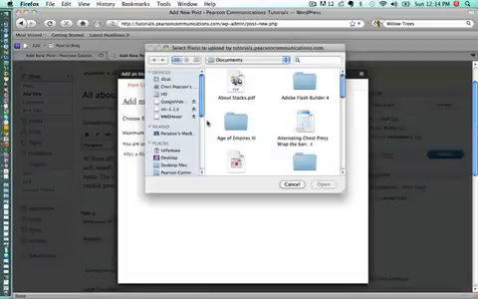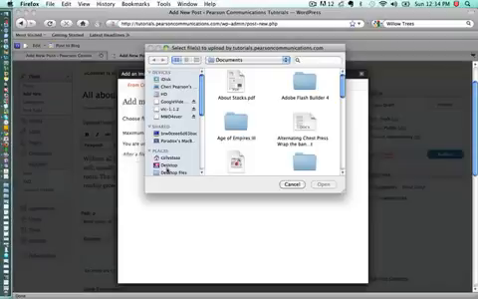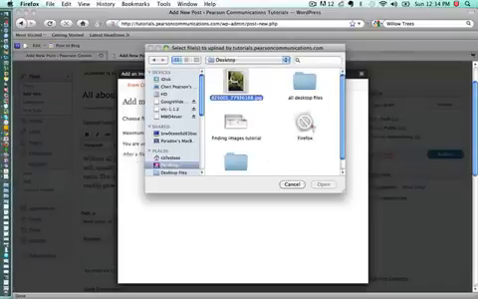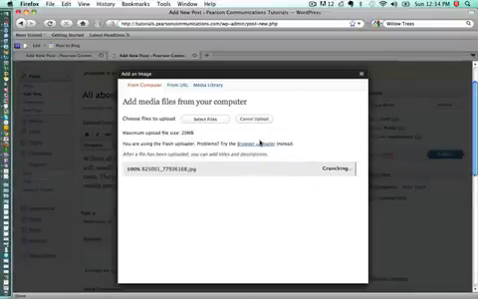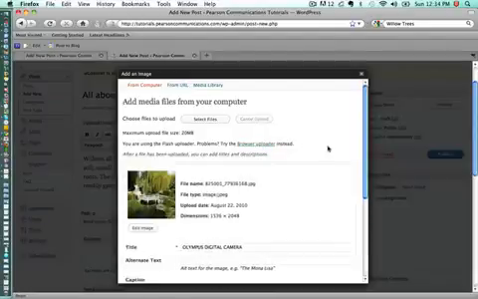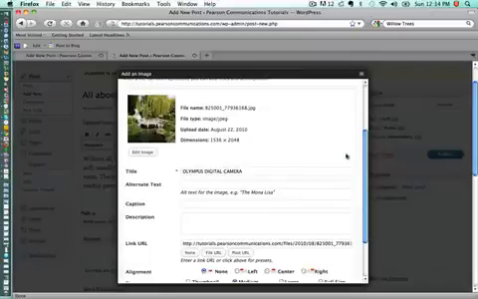So I want to click select files. I'm going to click on desktop, and then here's my image of the willow tree. And so I've selected that. It's uploading the image for me right now. If there's any difficulty that you have in uploading an image, you can click on the browser uploader, and that's a more basic type of uploading for your image. So now that the image upload is done,